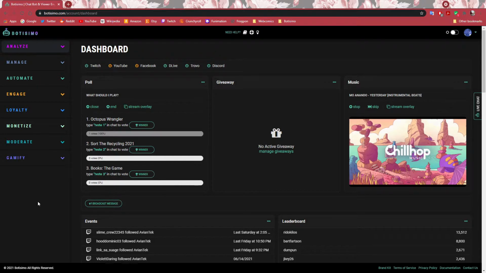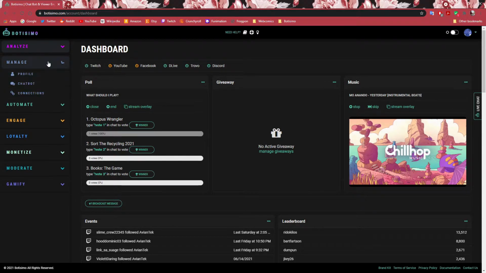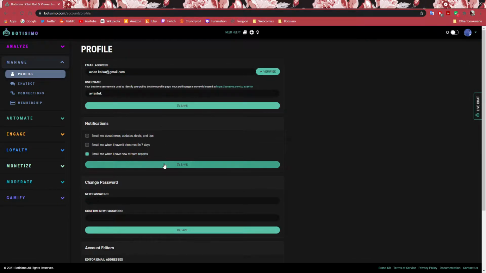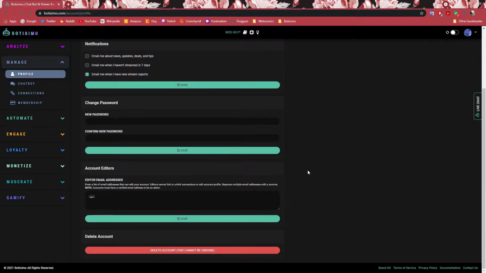You can add account editors by going to your profile section under Manage, and scroll down towards the bottom and enter the email address for the user you want as an account editor. And click Save. Now, if the user you're adding already has a Botisimo account, great! You're all done. If not, I'll walk you through the process, so you stop watching and pass it over to